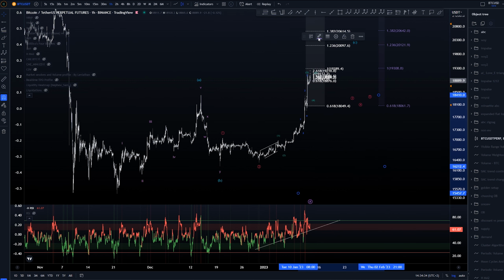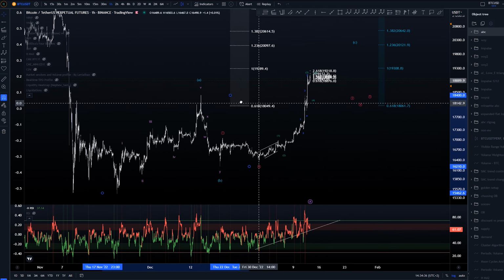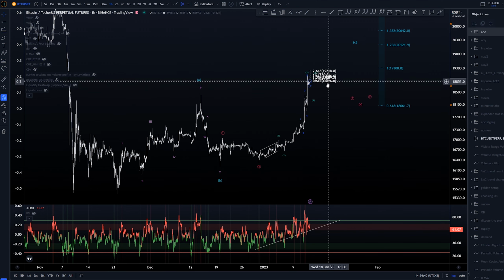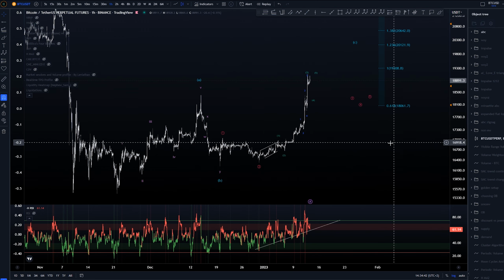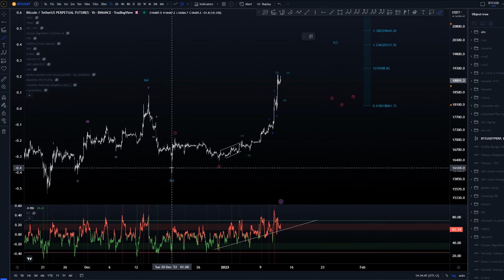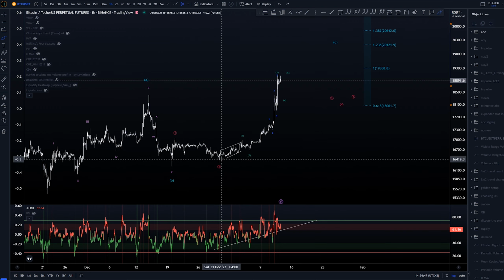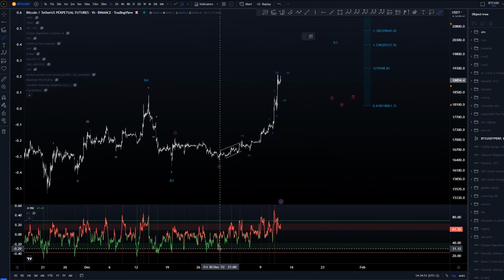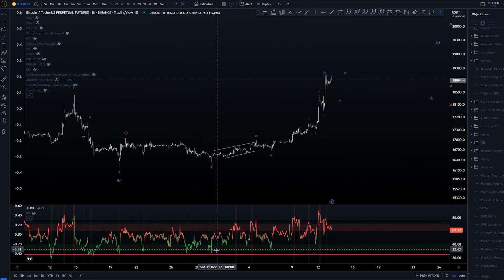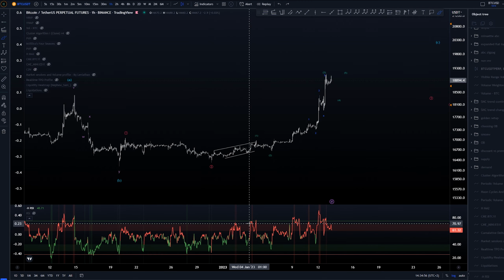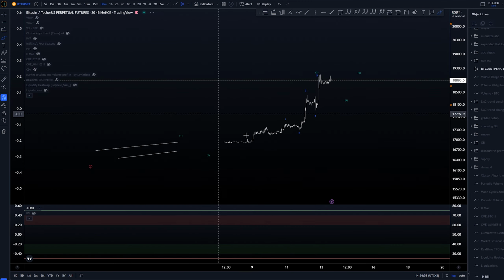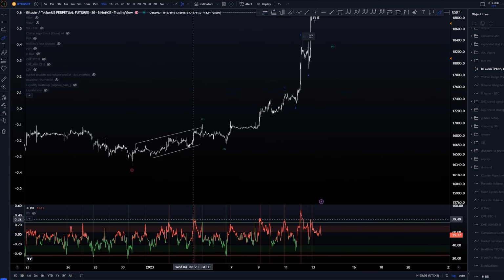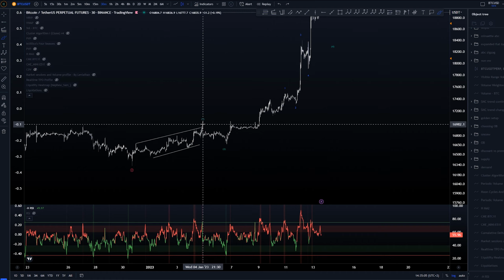Let's see if we can move these guys over. This would be this color. This is nothing, this would be more local structures. So overall, what we would have is a wave 1 from the lows here, wave 2. If we are looking at RSI again, from here these lows, we would have this as a diagonal into the end. I think we need to go to a smaller time frame to see these. Have that divergence here at the top, and then wave 2,